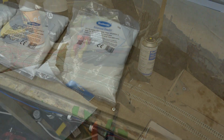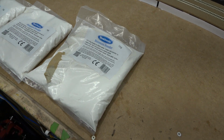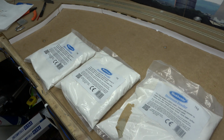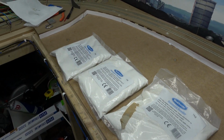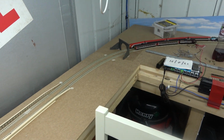What I've got here is a bit like the Woodland Scenics Sculptamold stuff, apart from it's just from Amazon and it was about £5 a bag. I've got 3 bags, I'm probably going to need a lot more, but at least I can get an estimate of what I need, and it's 1-day delivery on these, so I can just buy more. So hopefully these 3 will be enough for just the lower embankments, and then the only other bit of hillside I need to do is both tunnel portals,